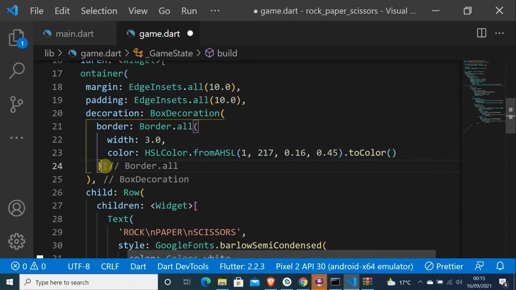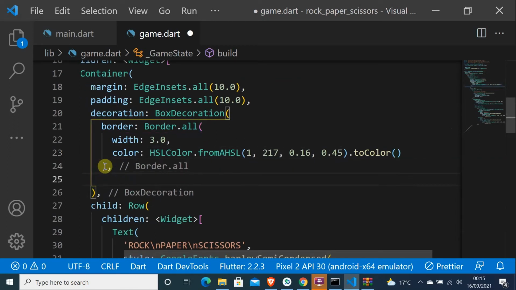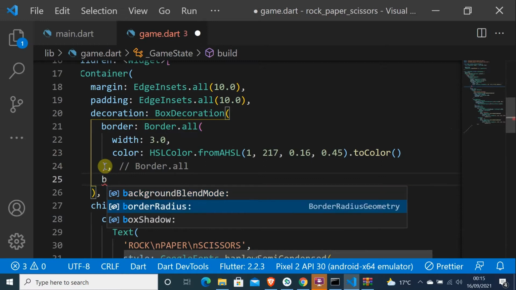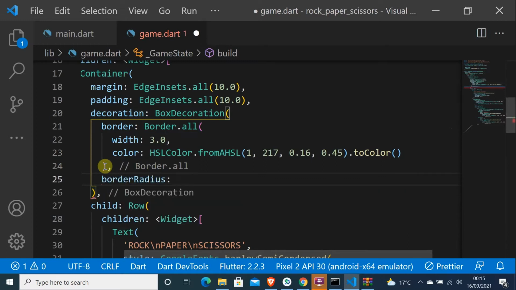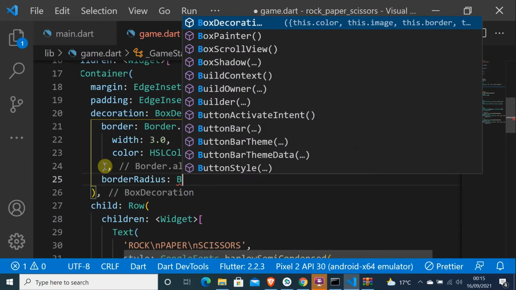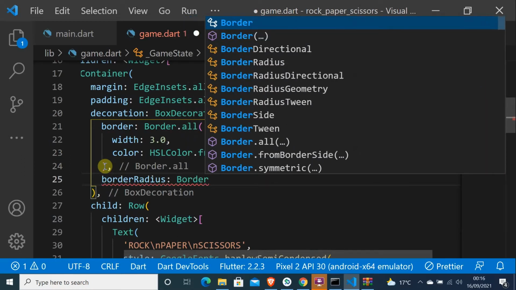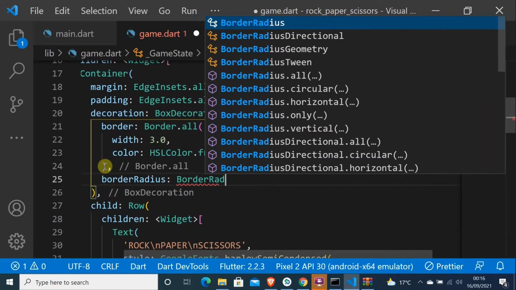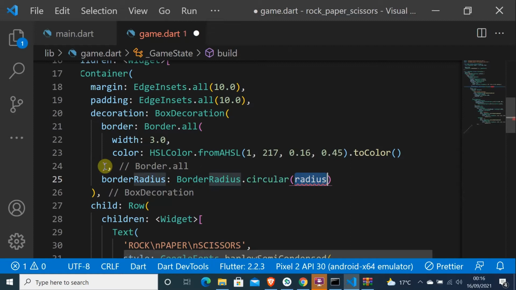Let me just do this and do border, and for border radius I have to put BorderRadius.circular, and the value will be 10.0. Yeah,